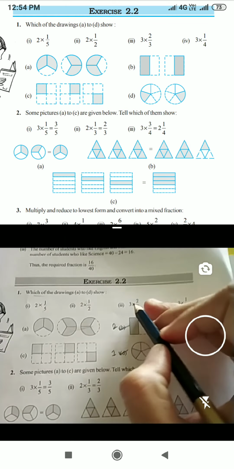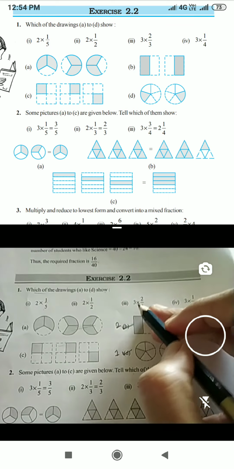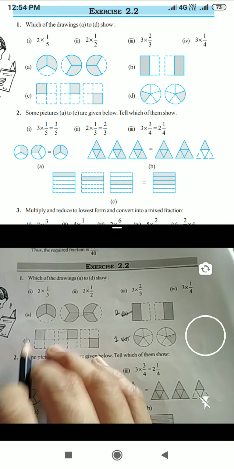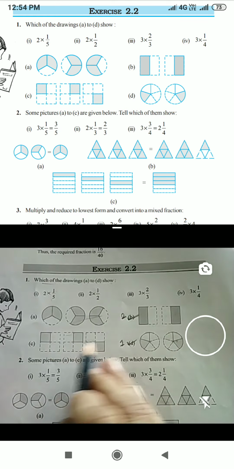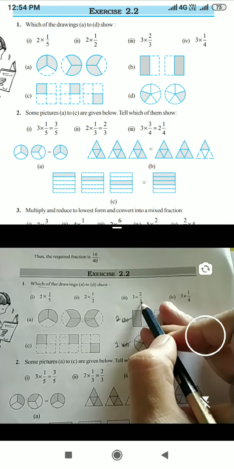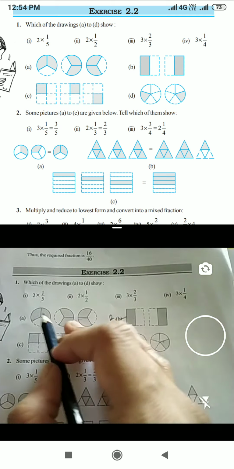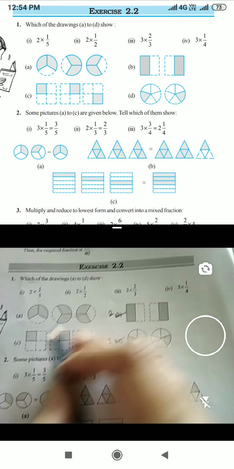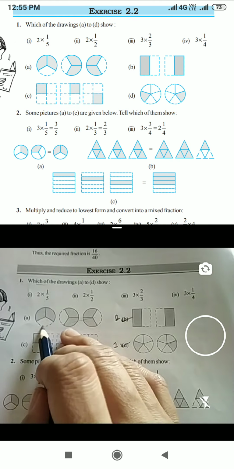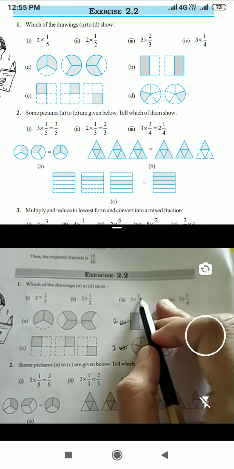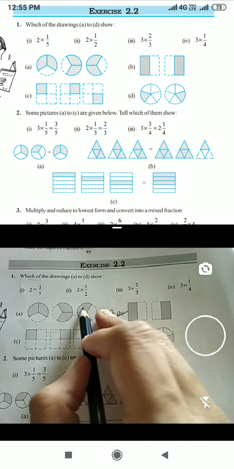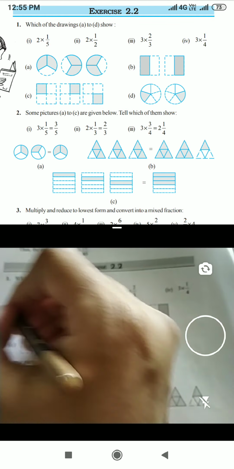Now the third one. 3 into 2/3 means 3 wholes should be there. Now I have here 3 figures which have 3 wholes. A and C, you can see 1, 2, 3, 1, 2, 3. Now we have to compare between these two. In that, 3 parts should be there. In the A figure we have 3 parts, but in the C figure we have 4 parts. No, so this is wrong. A1, we will check it out. 3 parts we have, yes. In that, how many parts should be shaded? Two parts. Now your two parts are shaded. Yes, now our third answer is A1.